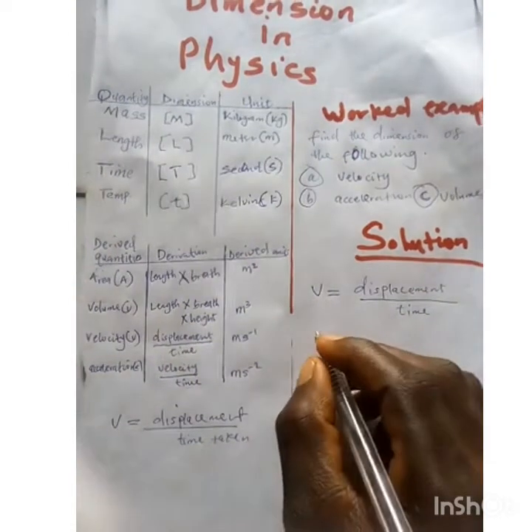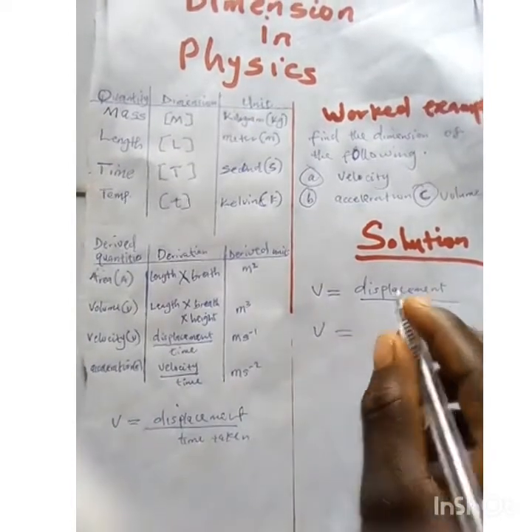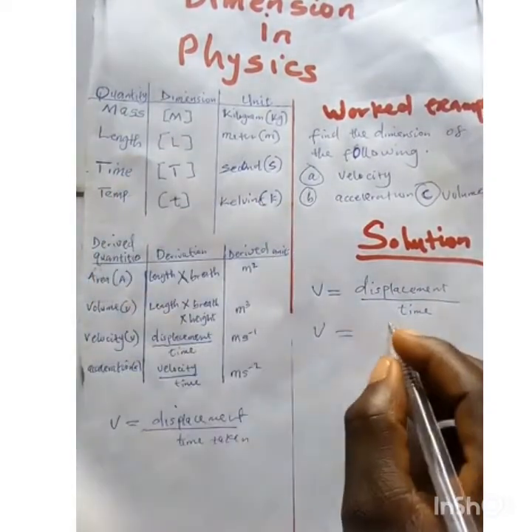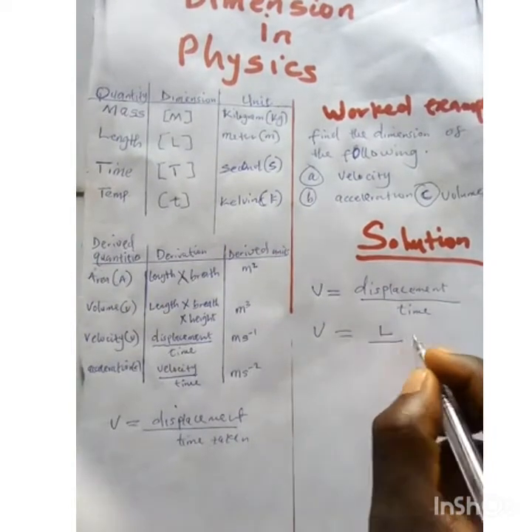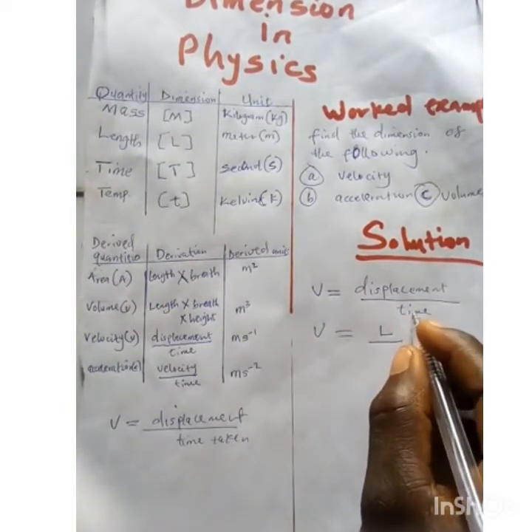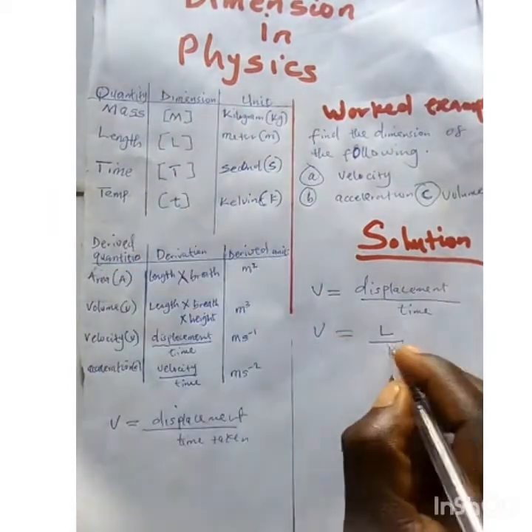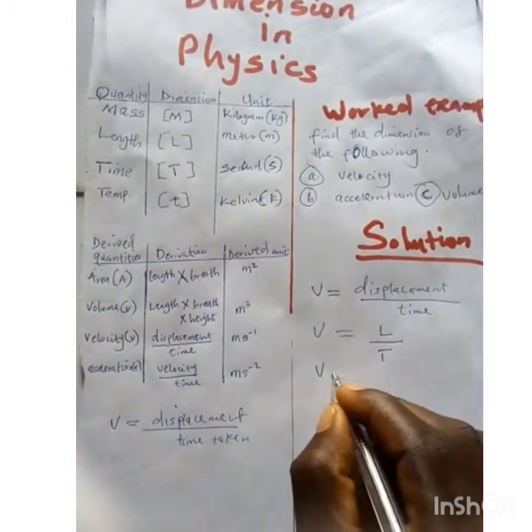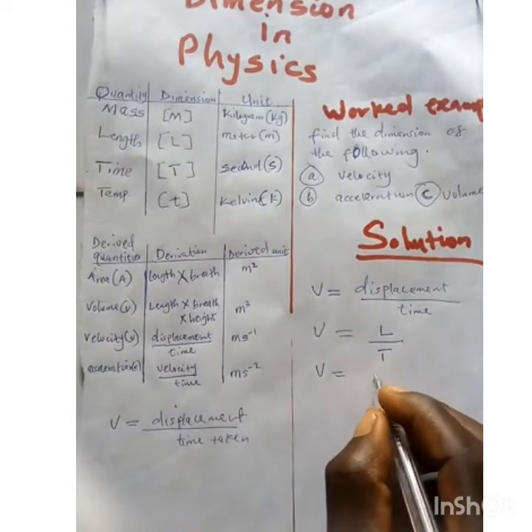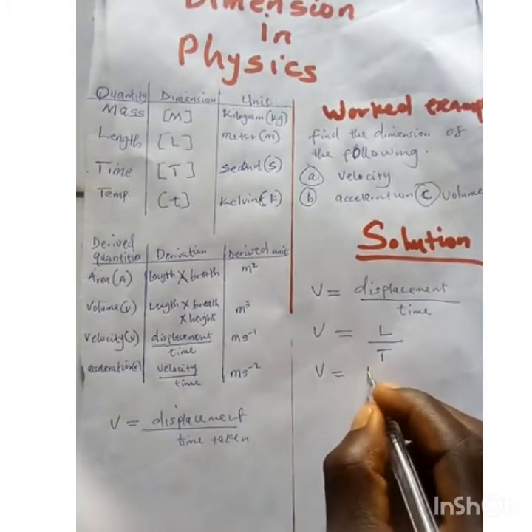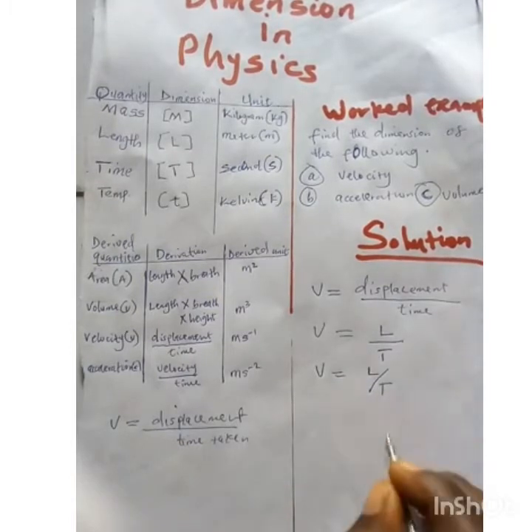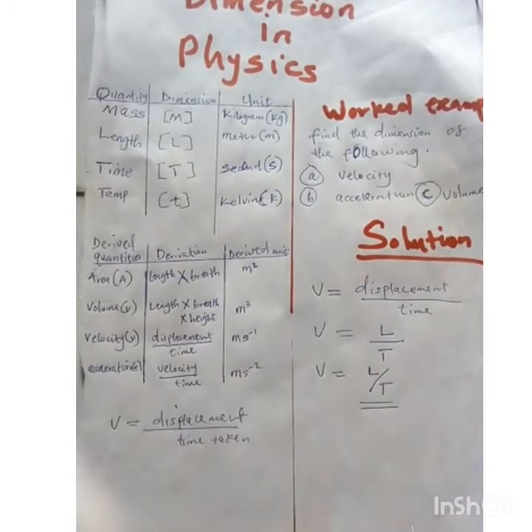So you can say that your velocity equal to, since displacement is the same thing as length and the dimension of length is L, you can say your velocity is equal to L all over time. The dimension for time is capital letter T. So you put your capital letter T here. The following process is what? V equal to L all over T is the same thing as L all over T. That is all. And to find the unit